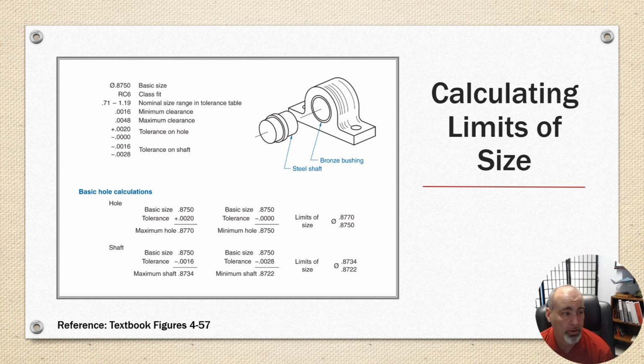The hole needs to be toleranced 875.0 plus 2 thousandths minus 0, and the shaft needs to be toleranced at 875 thousandths minus 1.006 to 2.008 thousandths. So if we go down to the bottom and look at our calculations, we calculate a maximum hole size of